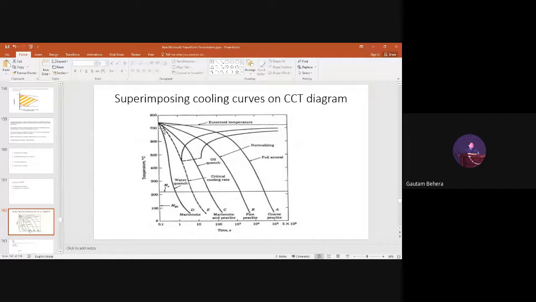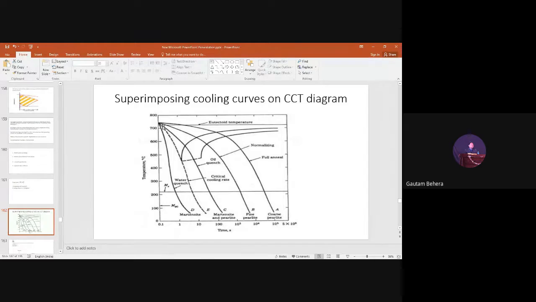Okay, anyways, suppose I am cooling my steel like this, but I will hold over here. I will not cool below this temperature, 100 degree. I will stop over here. What will happen? What will the phases be? Unstable austenite and martensite. Yes, very good. Why unstable austenite and martensite? Because all the austenite has not converted into martensite. Why? Because the line is not moving below MF. Martensite finish. Very good.